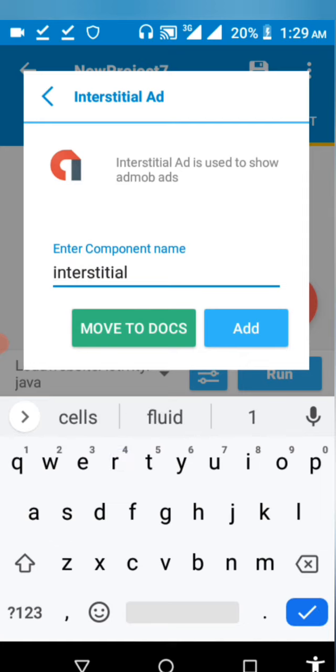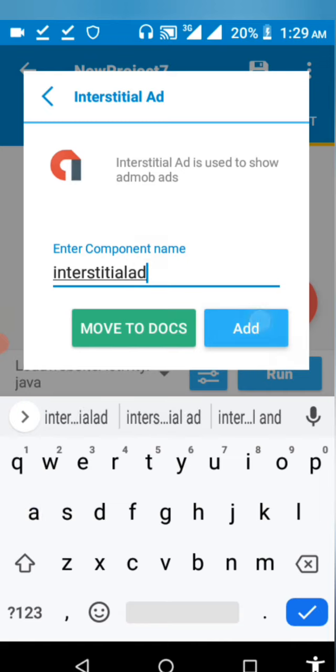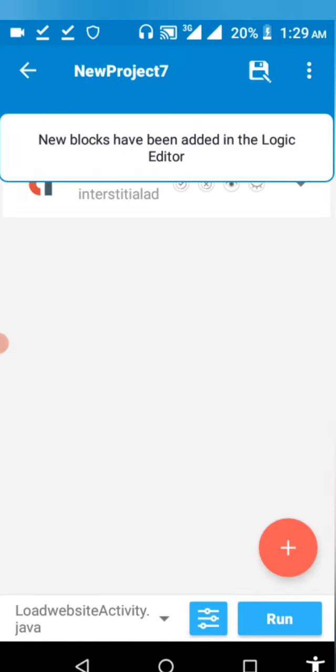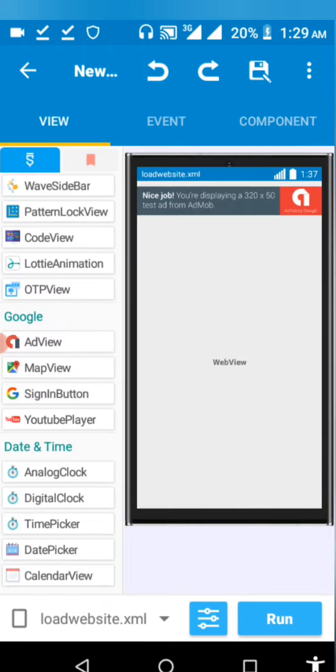Then you click on add. Now the interstitial ad has been added successfully to our app, right? Now how do we show it? How do we make it load? To make it load, you go to the events tab inside the onCreate,